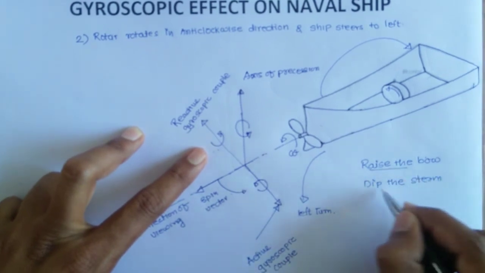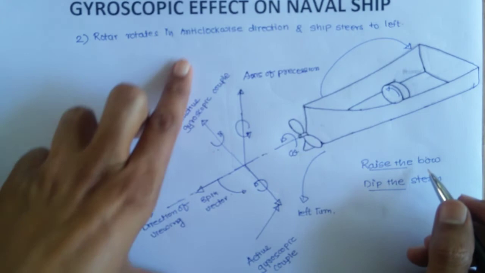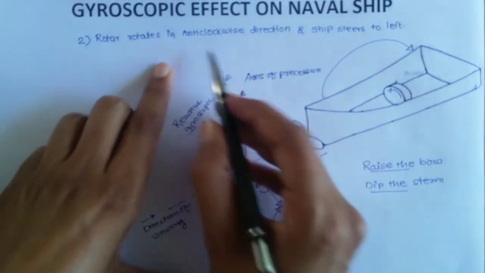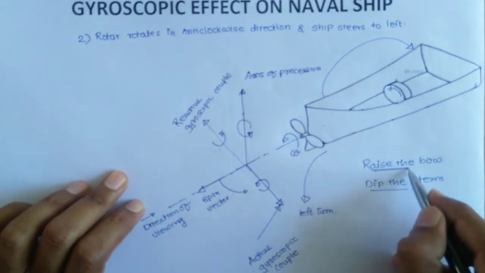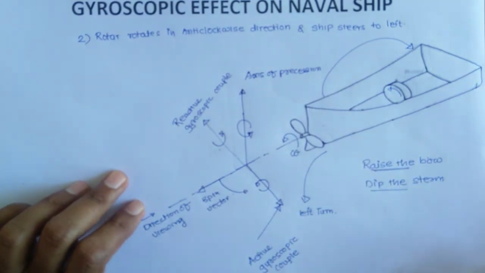So this is the effect of reactive gyroscopic couple when rotor rotates in anti-clockwise direction and ship steers to the left. Now let us consider a third case in which